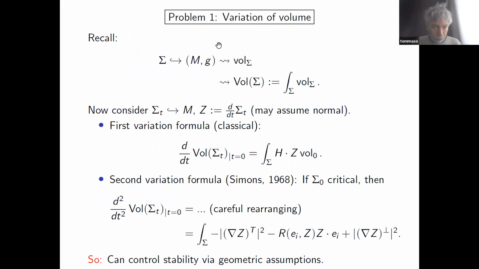So let me discuss the first problem I mentioned, the volume functionals for submanifolds. Now, this is a very general topic which you can discuss in any Riemannian context. You can take a submanifold and define its volume form. Then you can integrate the volume form and obtain the value of its volume, the volume functional.